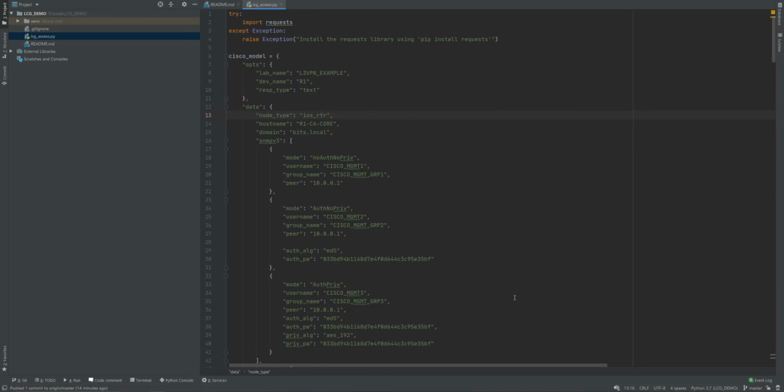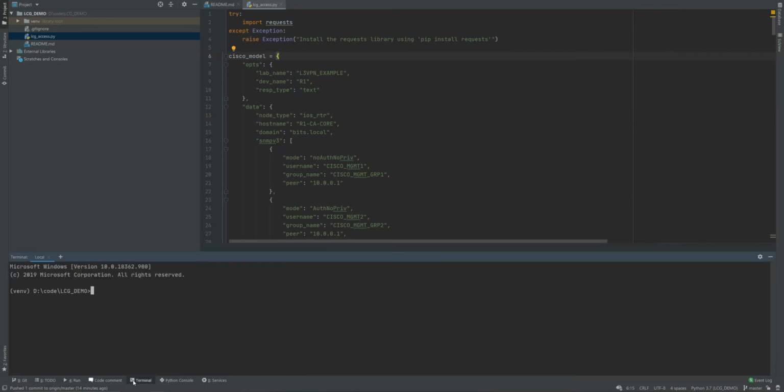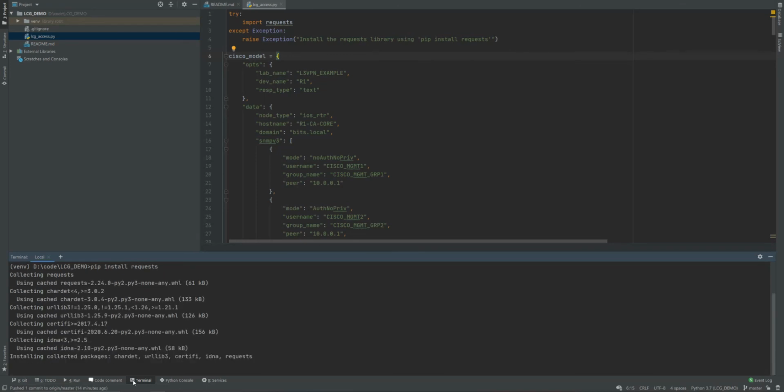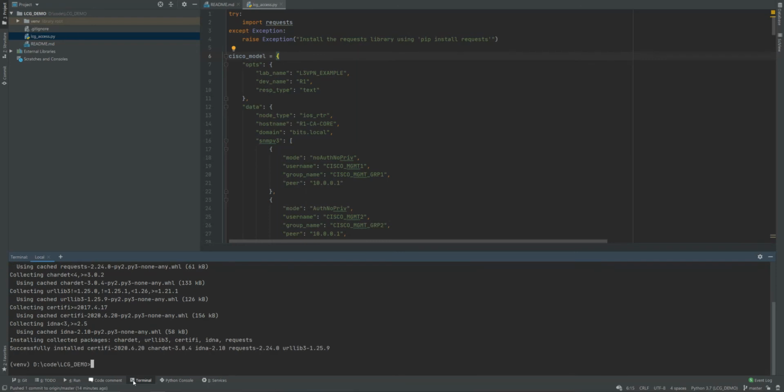So virtual environments are awesome. That's pretty much all I gotta say. So with that being said, I'm gonna go to my terminal down here, and we're gonna want to do pip install requests. And if you're not familiar with the requests library, it is a library that is used for interacting